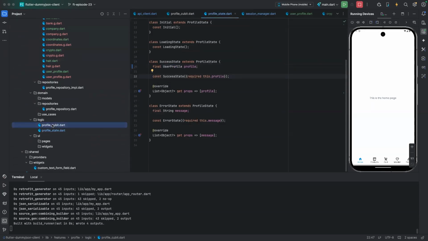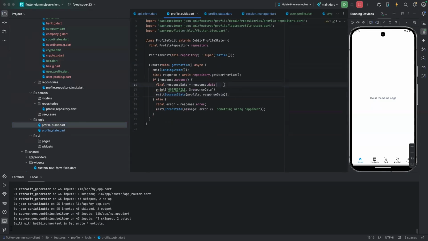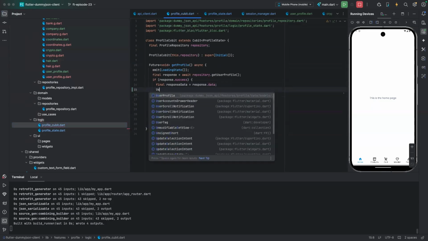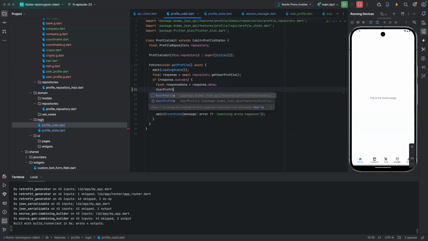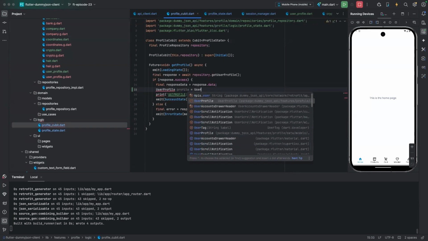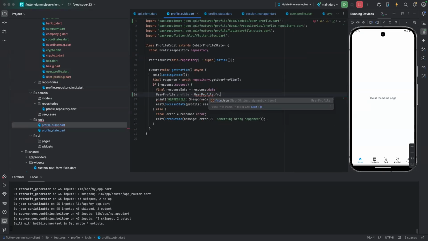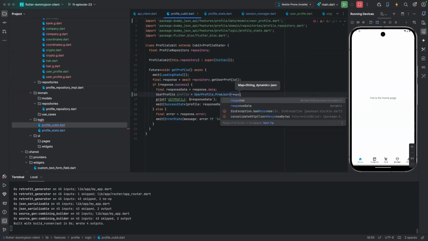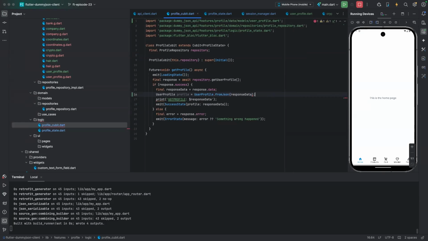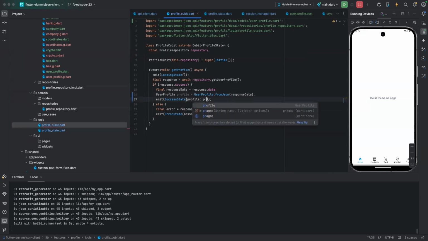So in the Cubit, we say that user profile equals user profile dot from JSON, and the JSON data is the response data. So here we pass profile,